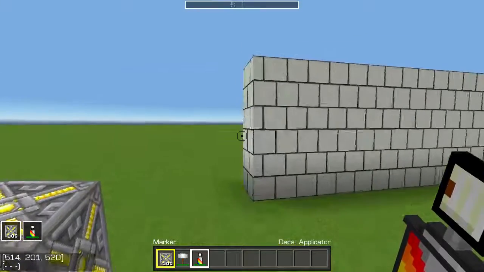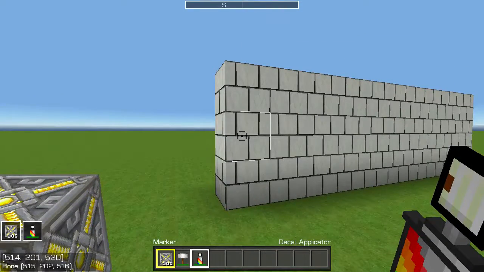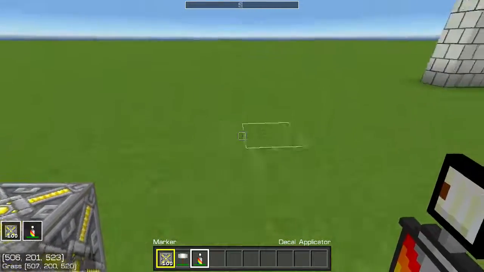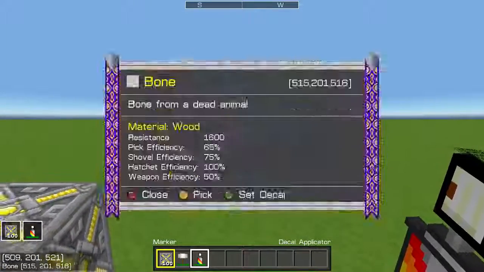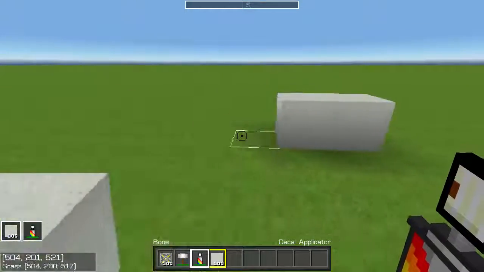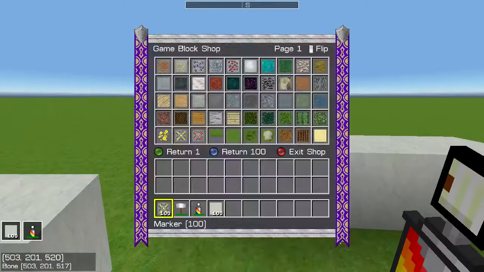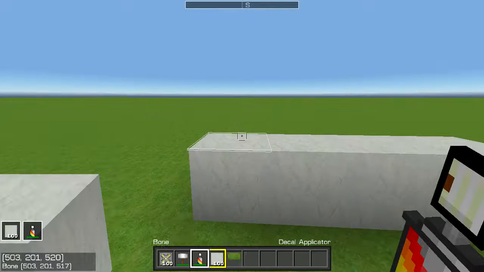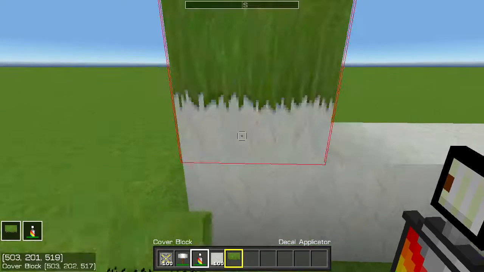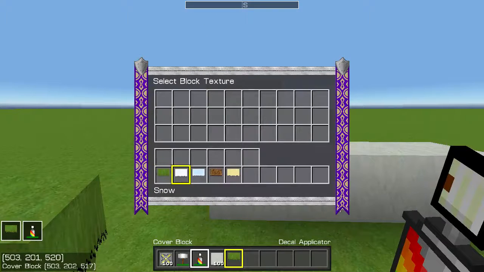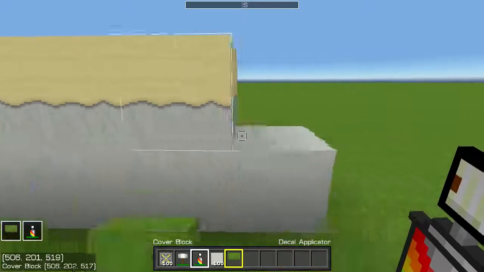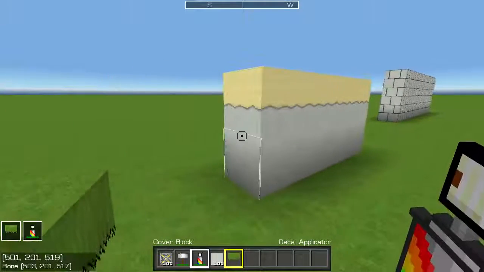And we have also a couple more cover, I think it's one or two more cover blocks. Sand, I think it's